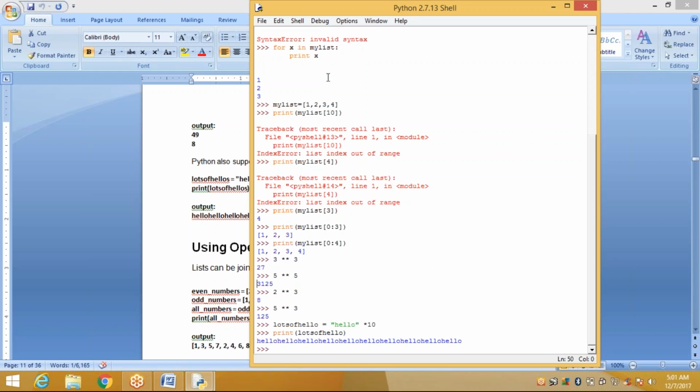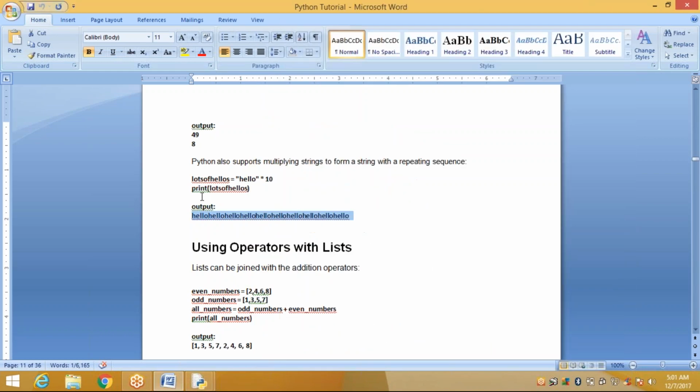This is the way you can print strings too. It will display like this.